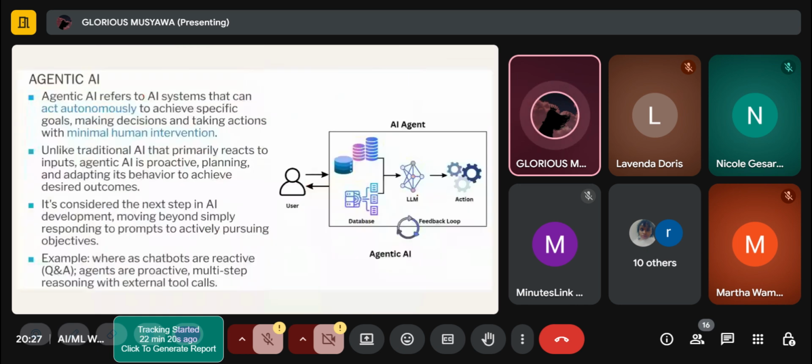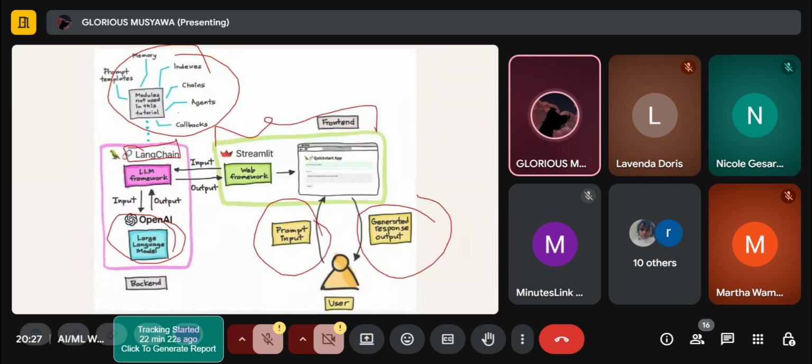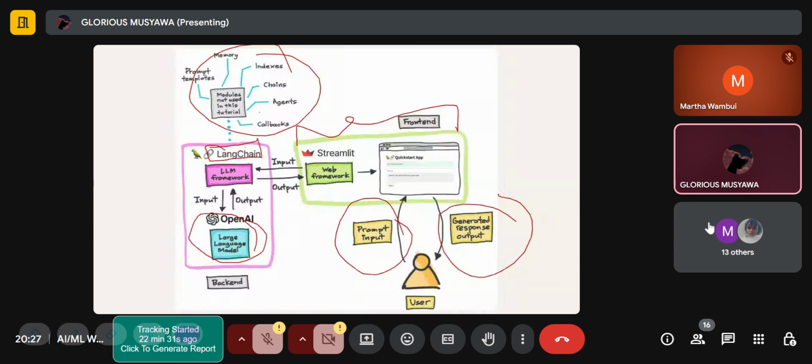So any question on RAG and LangChain? Are we together on that? I'm going to assume that we are together.